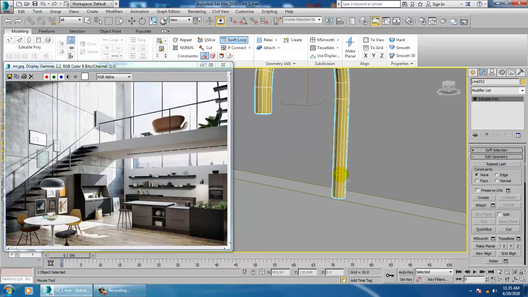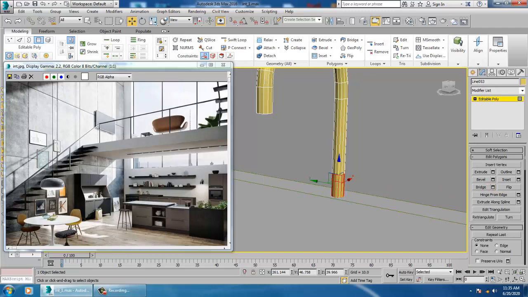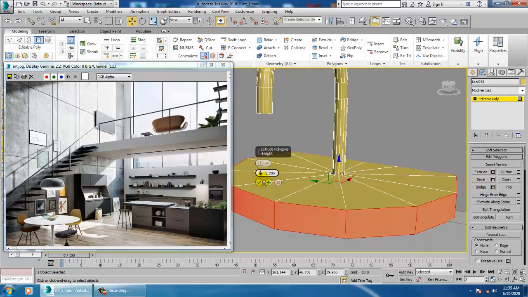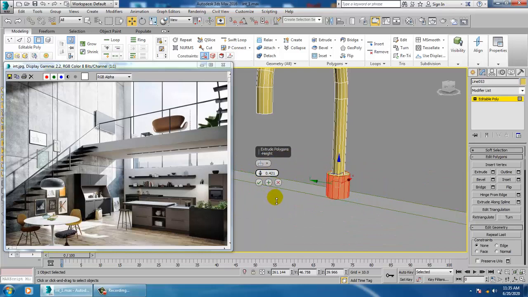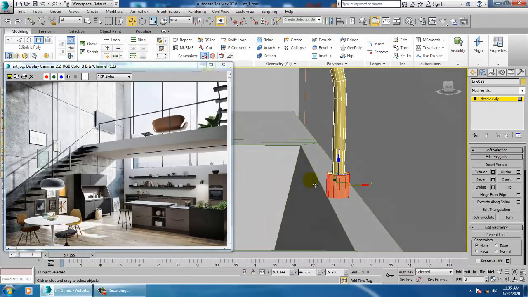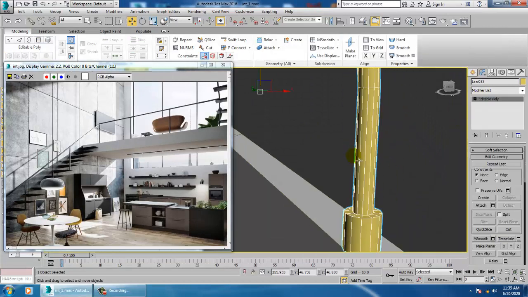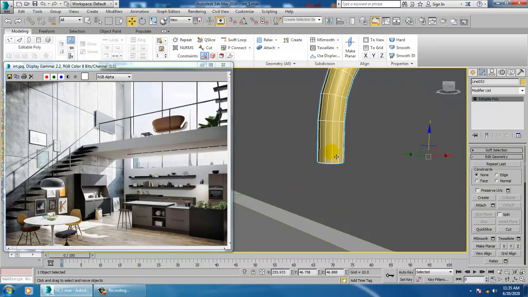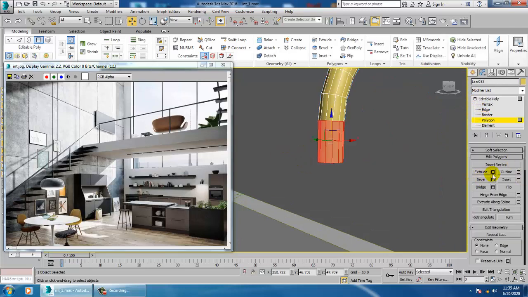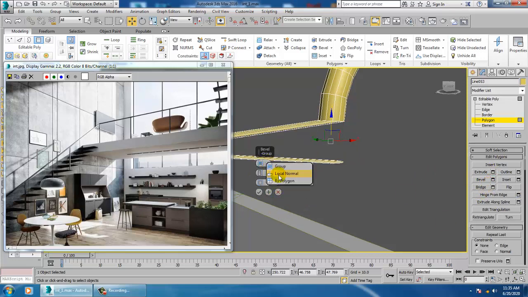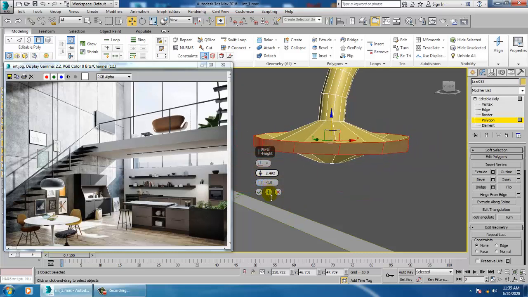Take a swift loop over here. Let's go into the polygons, extrude by local normal. You can just extrude a bit. Select these polygons, again extrude a bit, or you can use a bit of bevel by local normal, reduce its height.